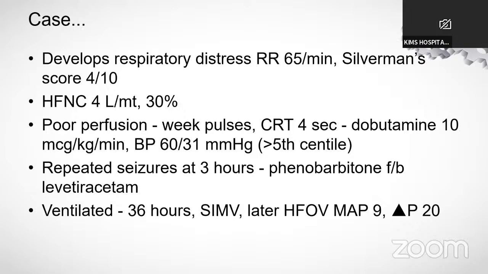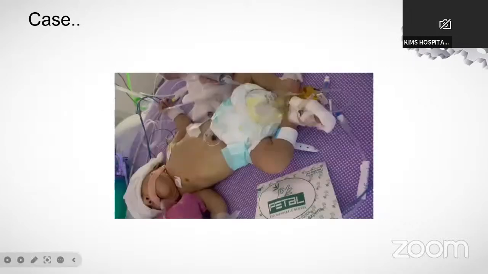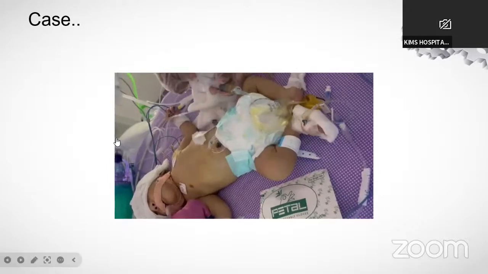This baby develops repeated seizures at 3 hours of life and is managed with a loading dose of phenobarbital followed by levetiracetam, and develops respiratory failure with repeated apnea requiring mechanical ventilation at 36 hours of life, and is initially started on SIMV mode of ventilation. So I'll stop here with the case presentation, and let's have